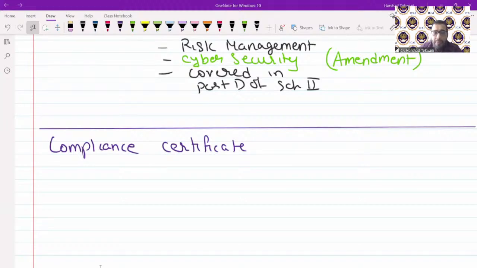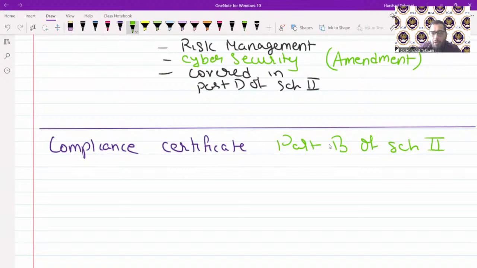That is covered under part B of schedule 2. Okay, compliance certificate. Now under this compliance certificate, what is required to be done is